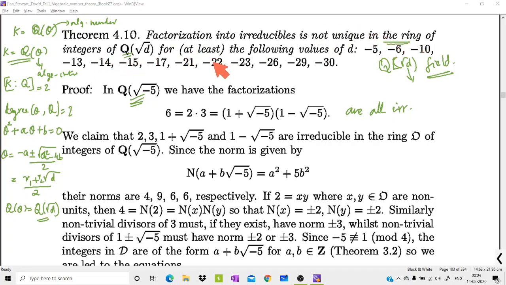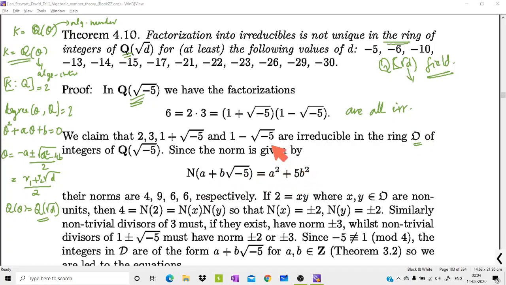Since the ring of integers of Q of root d is a subring, or substructure, of a field, obviously that is an integral domain, because that should not contain any zero divisors. In fact, that ring of integers contains 1, therefore that is always an integral domain. So if you consider an arbitrary element of the ring of integers, denoted by this symbol, then we know that the norm is always an integer for a ring of integers. So N of a plus b root minus 5 is equal to a squared plus 5b squared.